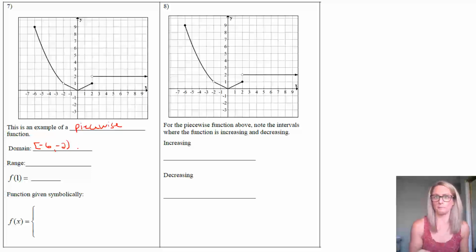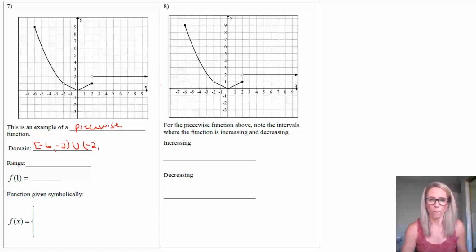I'm not going to go to it. And then I put a union, because now we have to think about what happens after that hole. So I'm going to, on the other side, also put a negative 2 with the parentheses, because again, I just don't want to include negative 2 in here because there's a hole. So notice that I can put in any value between negative 2, not including negative 2, all the way up to positive 2. And here's my positive 2, that gives me a y value.